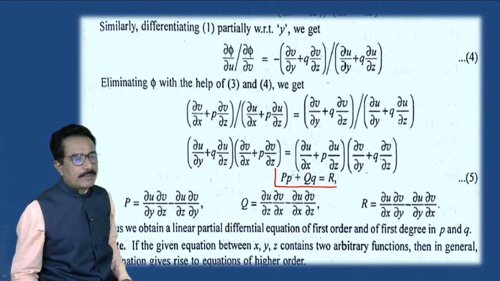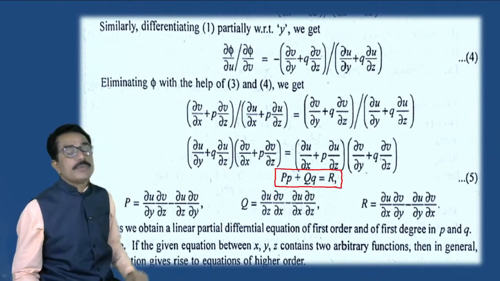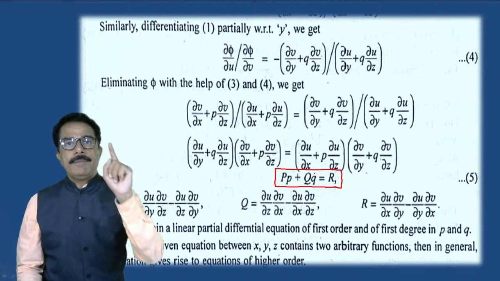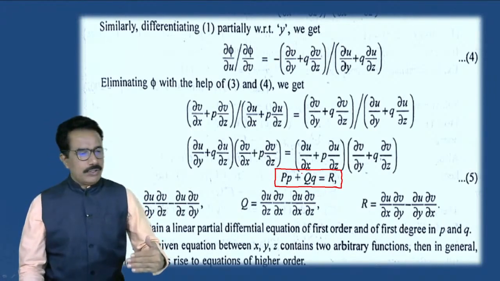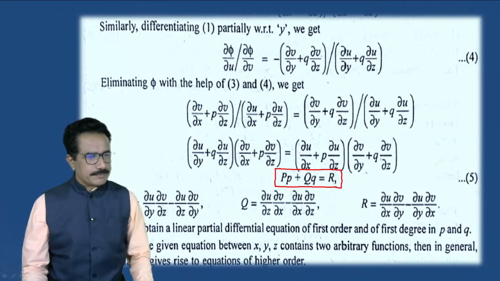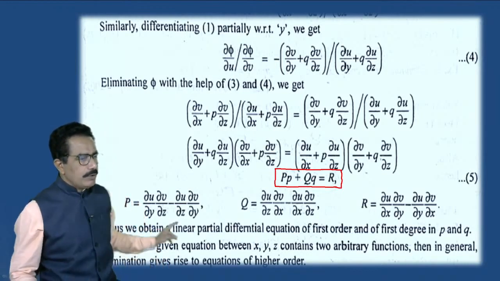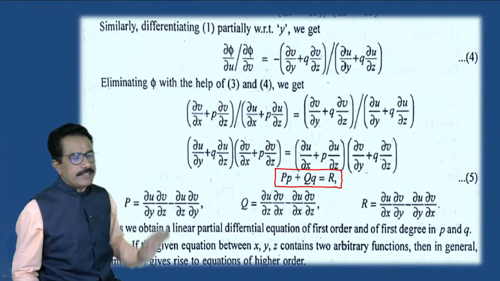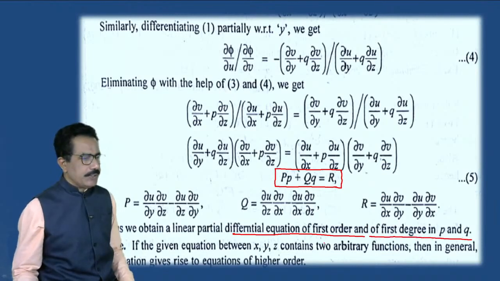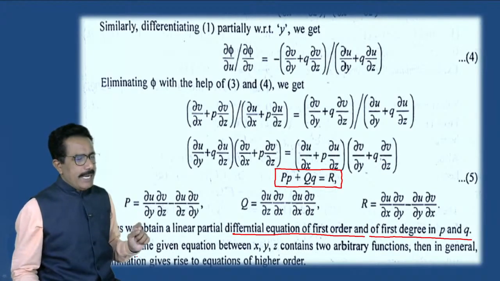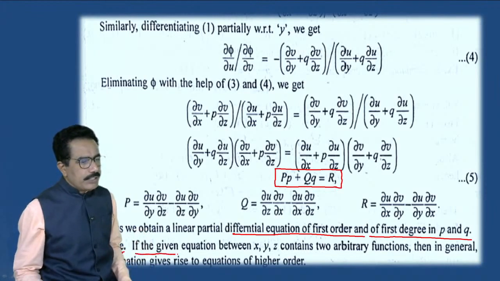This is the important partial differential equation which is obtained by eliminating the arbitrary function phi of u comma v. Thus we obtain the linear partial differential equation of first order and first degree in P and Q. Note that if the given equation between x comma y comma z contains two